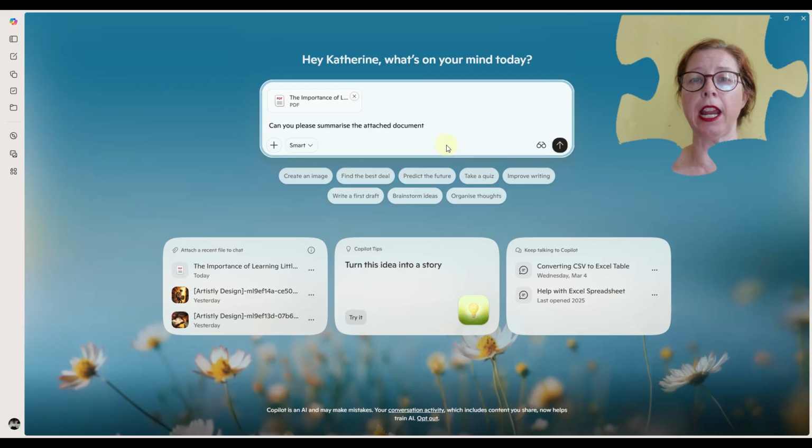I just want a generic summary, so that's what I'm going to ask it. I can also specify how short or long and what format I'd like it to be. But in this case, I just want to see what it's going to do, and now I just ask it